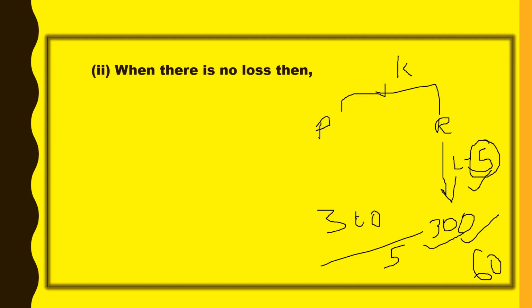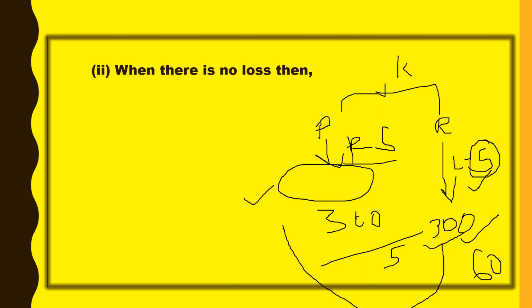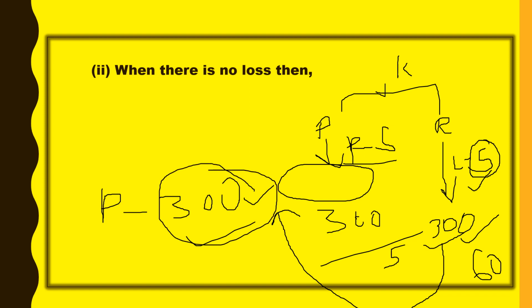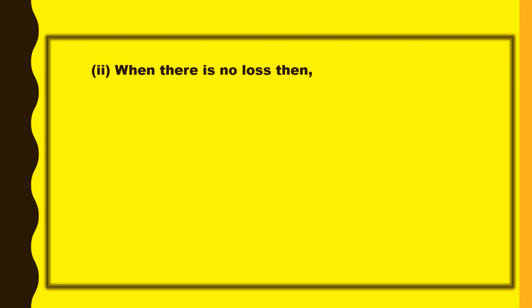Now for plain paper books, he gets a profit of 5 rupees for each book. How many plain paper books does he have to sell so that this loss of 300 rupees will be balanced? It means we should take a profit of 300 rupees and then calculate how many books should be sold so that this 300 is balanced. So the same rule is applied here.